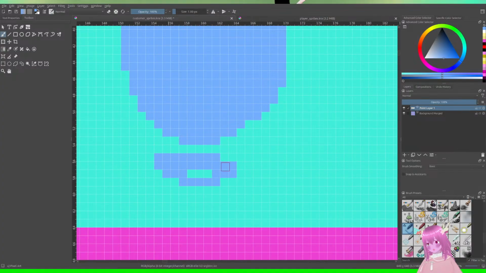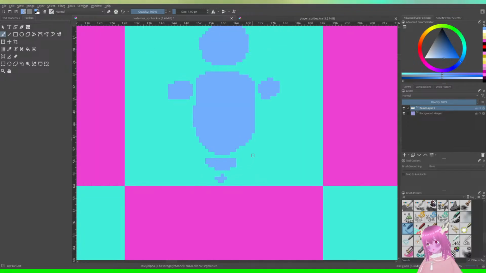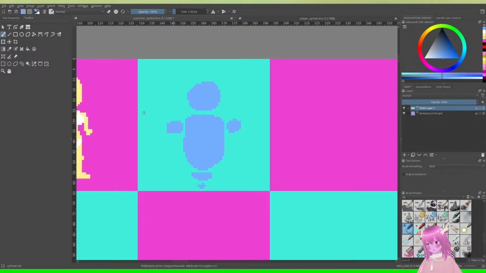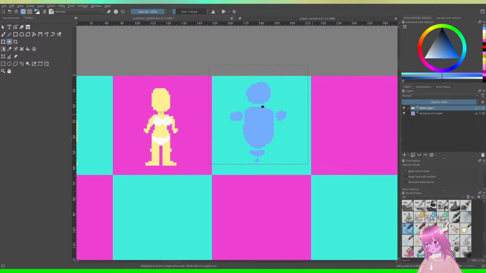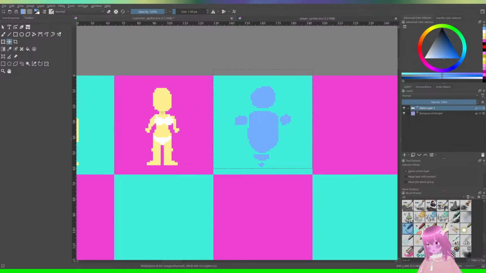Yeah, we gotta have this and like this too. I gotta move this up actually. I made it too low. Does this line up with this? I need to make sure it lines up with this. I sure hope it does.